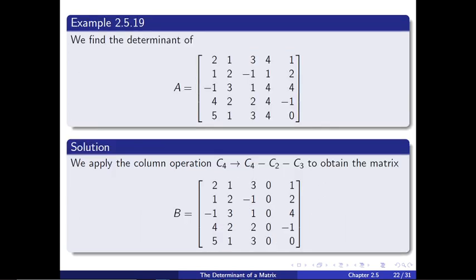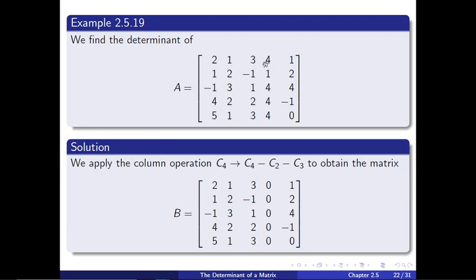Right, let's look at another example. So we've got a 5 by 5 matrix that we have to find its determinant. So if you look closely, you'll see that the fourth column is a sum of the second and the